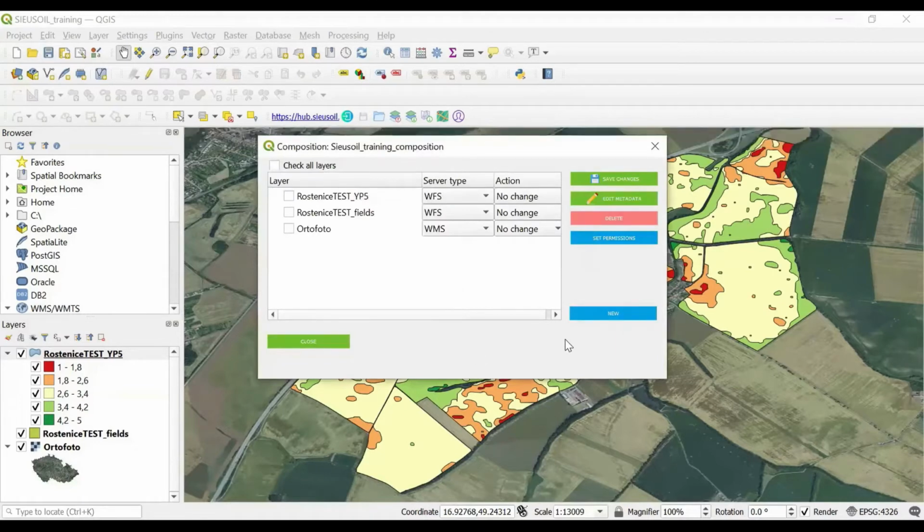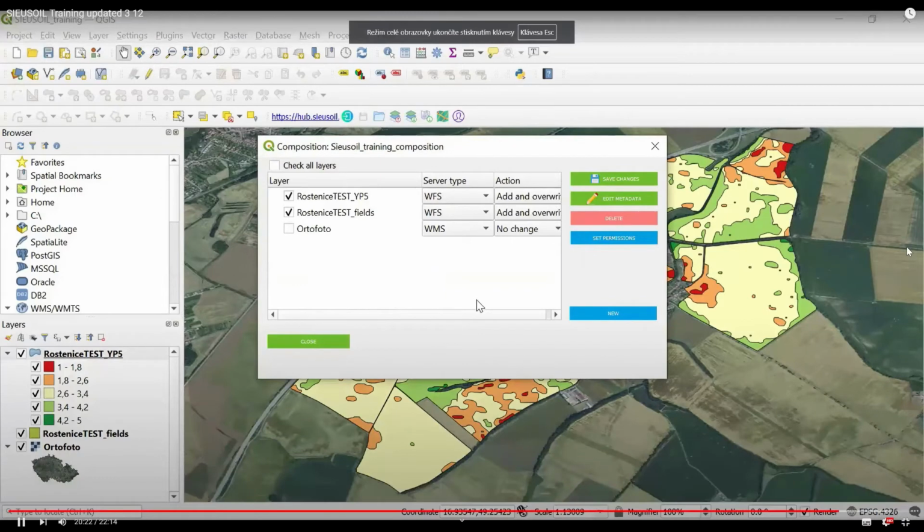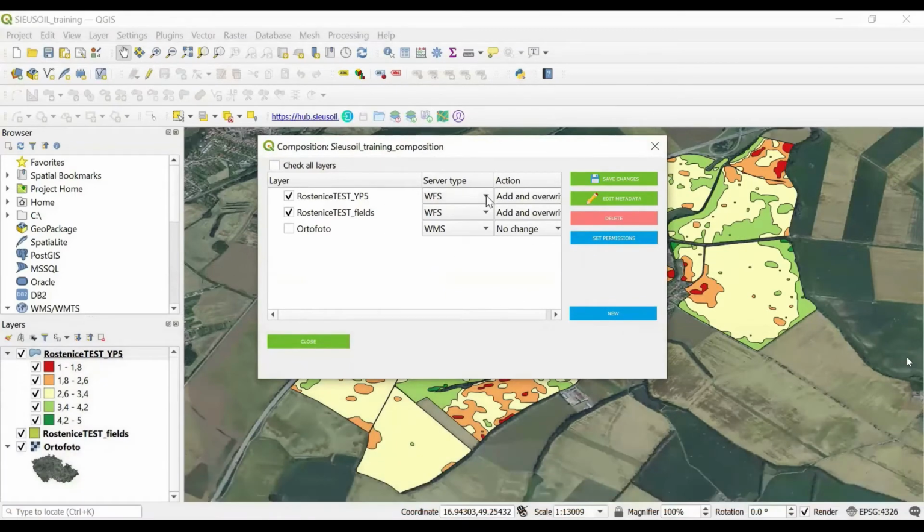At this moment, the window offers you all existing layers that are uploaded to QGIS. So I will, for example, select the Rostinice test field potential layer and Rostinice test fields. What I can also do is choose a server type. You can choose between WMS and WFS, so let's put WMS for both layers.